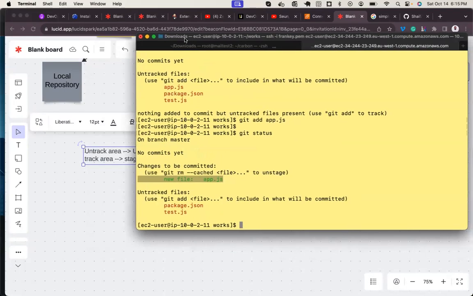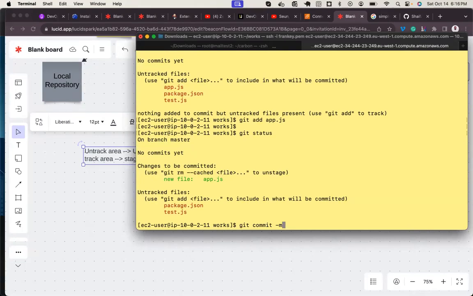All right. Now, these files have been added. However, they've not been committed to your repository. They have not been committed to your repository. The third command you will type is git commit. Git commit, you use a -m flag. A -m flag is used to pass a commit message.